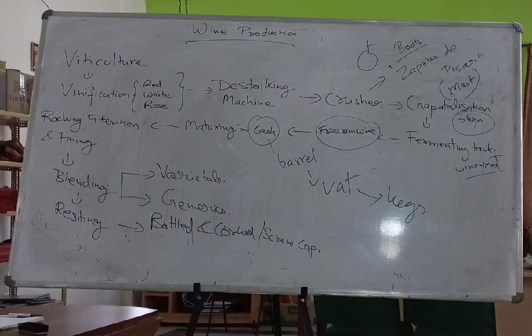Different wineries will have here and there some upper niche steps, correct? But this is generalized. Indian winery will follow a little bit different, French winery will follow different. In France also different regions will follow differently. But the major things are viticulture, vinification, crushing, chaptalization, fermentation, maturing, racking, filtering and fining. Some will use isinglass, some will use bentonite, some will use maybe the gelatin. What fining